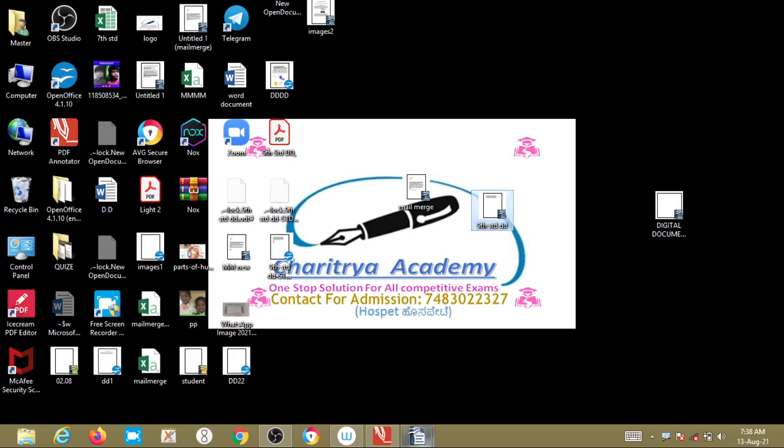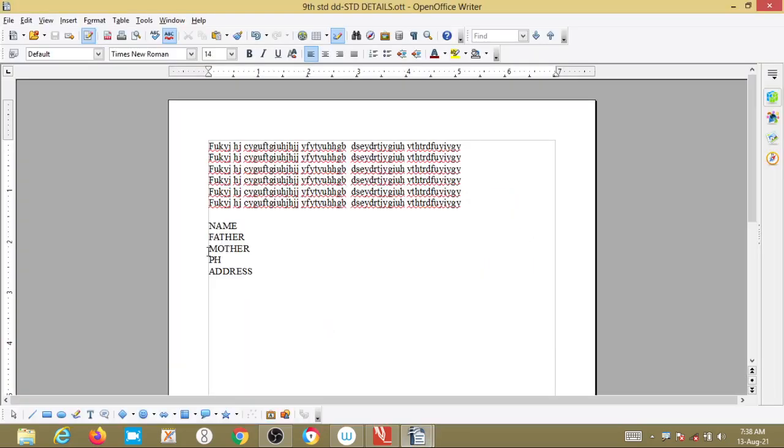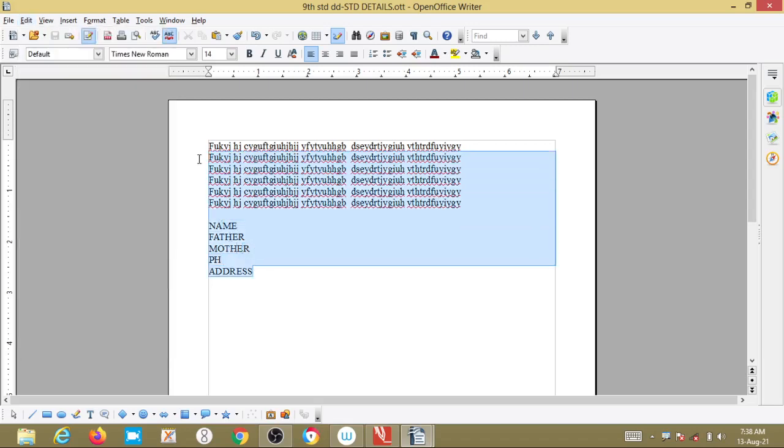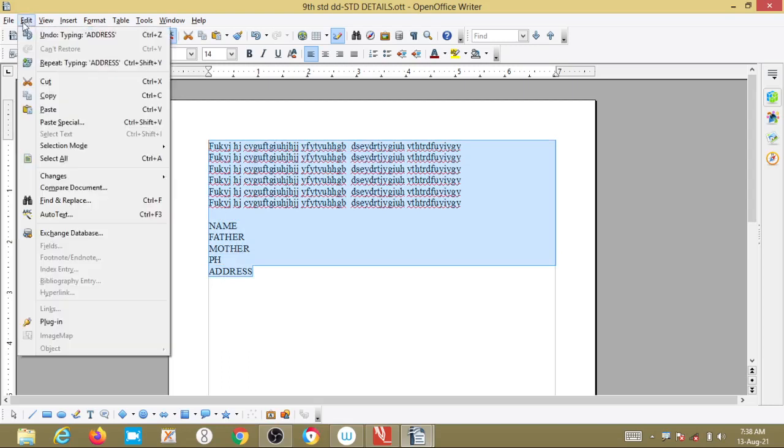Okay, clear now? Now we have the Edit option. In Edit, see, cut and copy are not visible because we have not selected anything. If you select some text or documents, these will be highlighted.